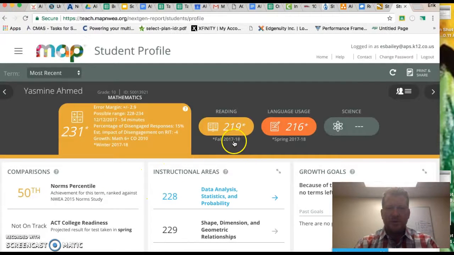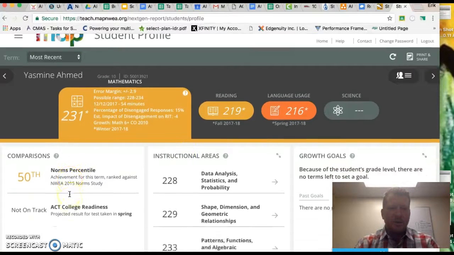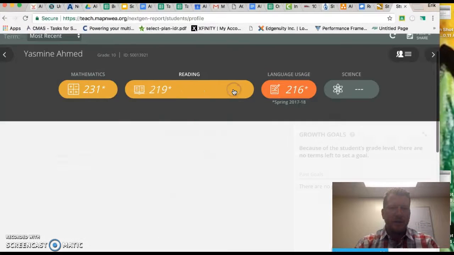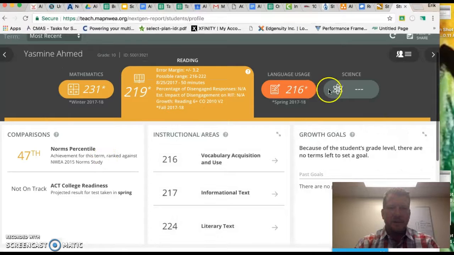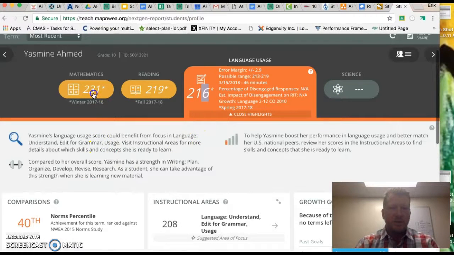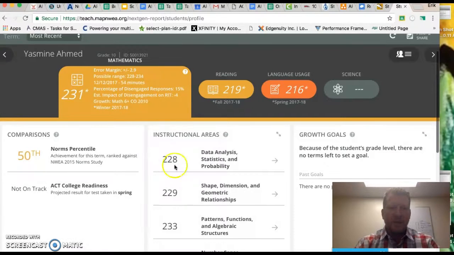So then it will give the scores: math was 231, 219 in reading, and language usage is 216. And then it has the norms percentile. So this is for math, the percentile. Then I have the reading percentile, and then language usage percentile. So math isn't too bad. I have the breakdown also